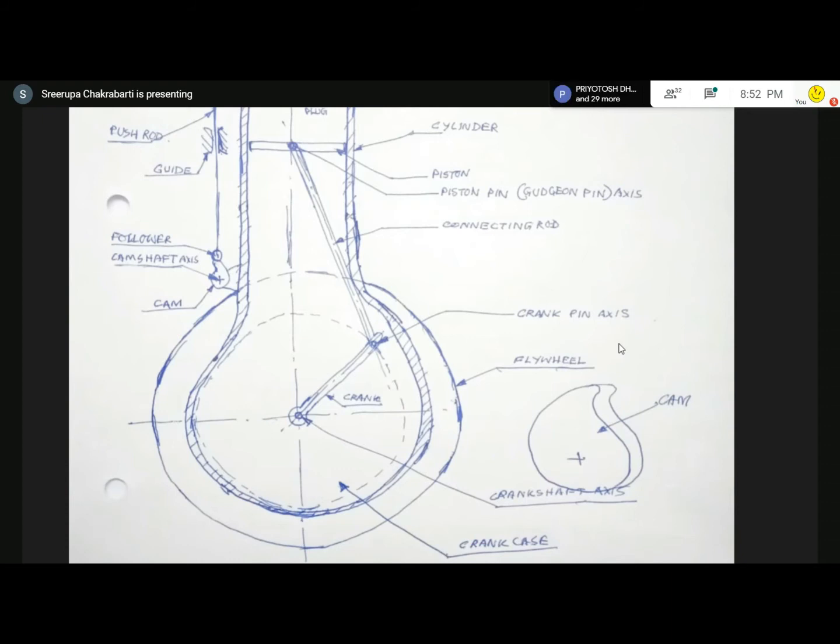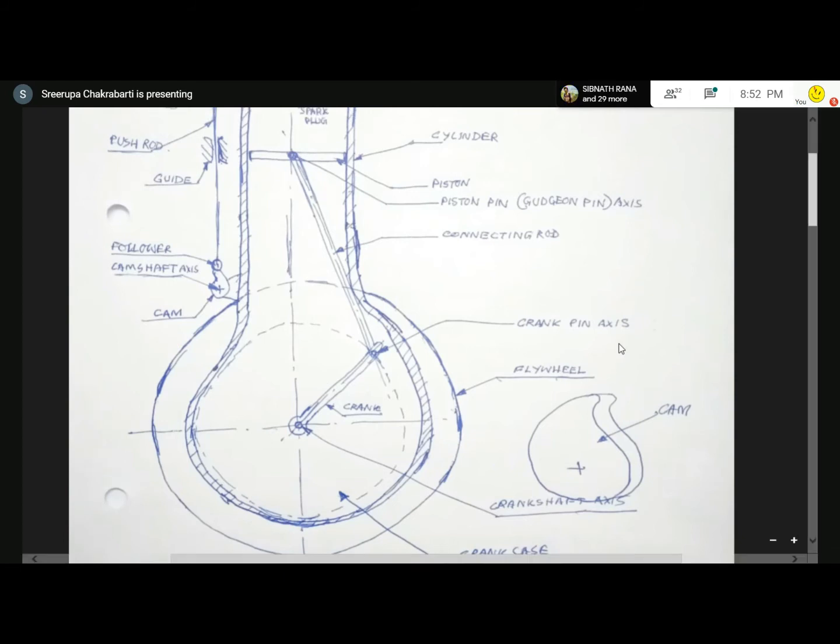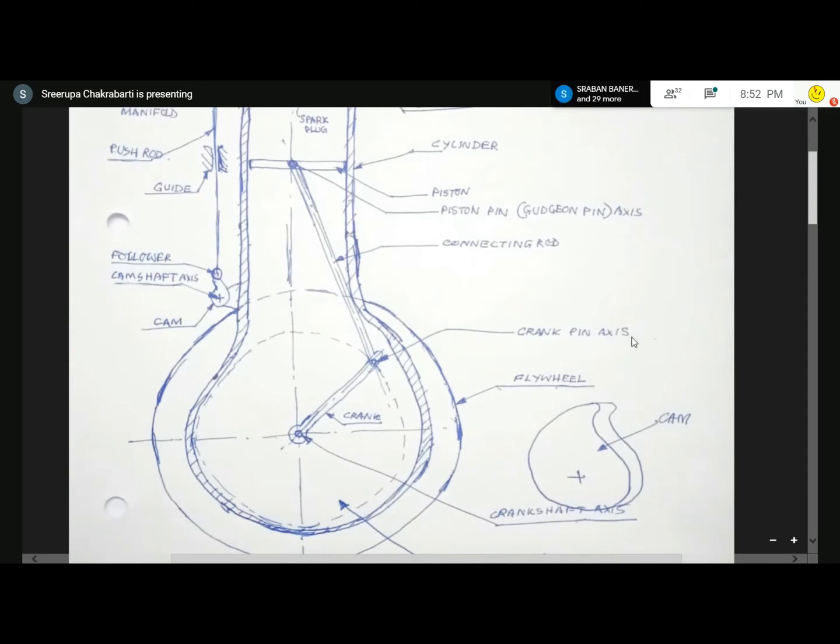For that there is a diagram known as the valve timing diagram, which, God willing, I'll show you today itself. Now coming back, you see this follower. When this cam rotates, the distance from the axis of rotation of the camshaft to the axis of the follower changes and the follower moves up and down. There is a guide, and inside that there is a shaft which is called a push rod, right?